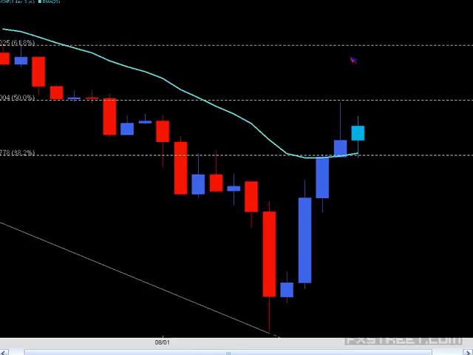Well, on the 15 lots, what I generally like to do is say, okay, what other targets do I have on the way? Do I have 1 or 2 more targets? Do I have 1, 2, or 3 targets? If I have 3 targets, then I usually like to do it either 1/3, 1/3, and 1/3 per target, or 2/3 on the first target, which is my largest chunk of the position. Take that off the board, neutralize as much risk as possible, and then leave the smaller portion for if it goes for a run to my final target. And for those final 2 targets, I split the remaining portion in half. In this case, I only have 2 targets. My first target is just 10 pips shy of this one here.